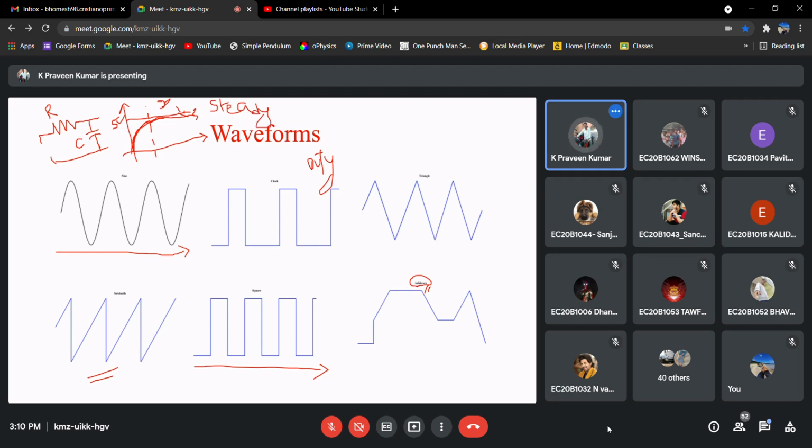Now if I want to observe this kind of transient, what is happening? What is the peak value observed at the capacitor? With what time period? At what time does it settle down? I want to observe all those things, so you need to observe the transient response. For that, we have to apply a square pulse. Again, the same circuit.